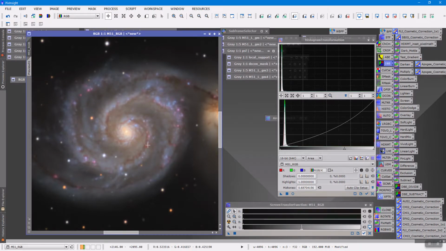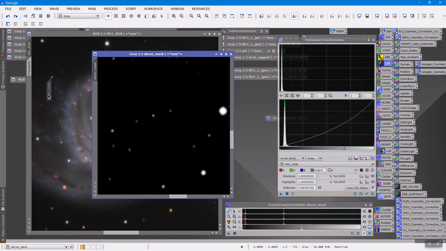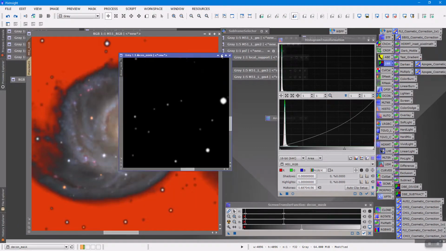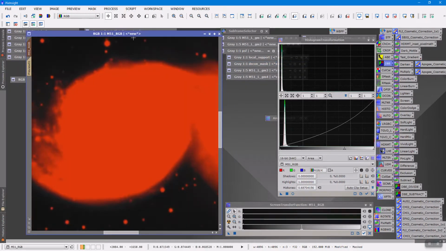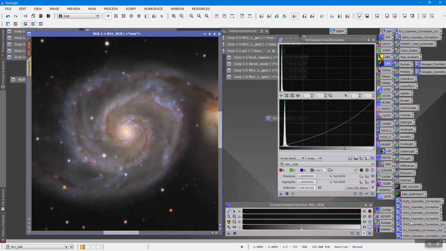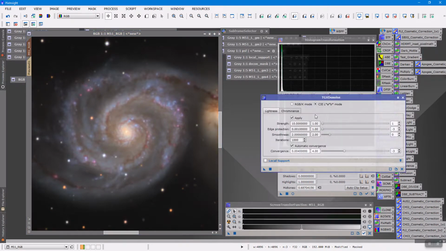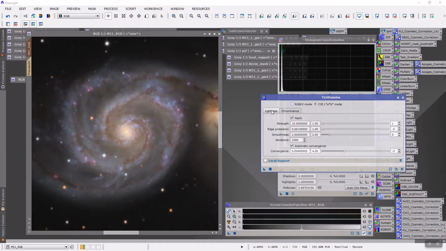So for this image, the next thing I want to do is work on noise reduction. And to do that, I take again my decon mask, put it here, and then I do mask, invert mask, because I don't want to do the denoise on the galaxy where there's strong signal. And mask, show mask. So I come over here to this TGVD Noise, and this one on a color image,